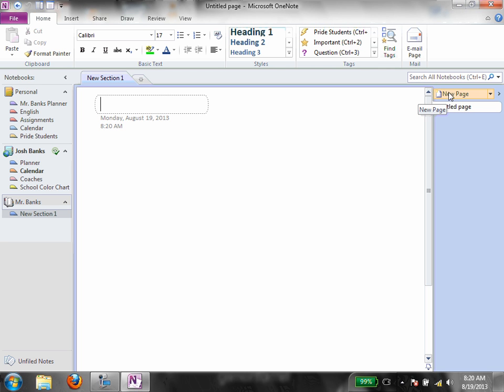So the first thing when you create is the sections that they have, and if you look over here to the right, these are the pages, and whether they're titled or not is absolutely important to you keeping track of them. So for the first thing you could start off with, it has the date, is primarily deciding what you are going to do in terms of naming it. Now I prefer, like most people, to just put my name. So put your name on there, such as Mr. Banks's planner,